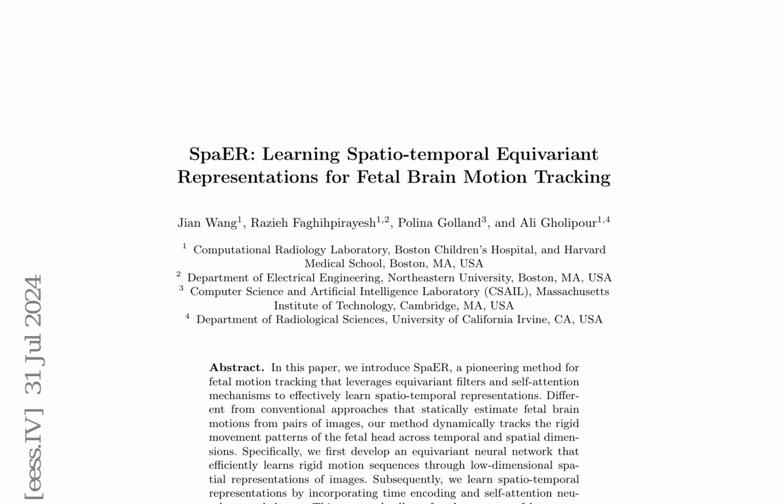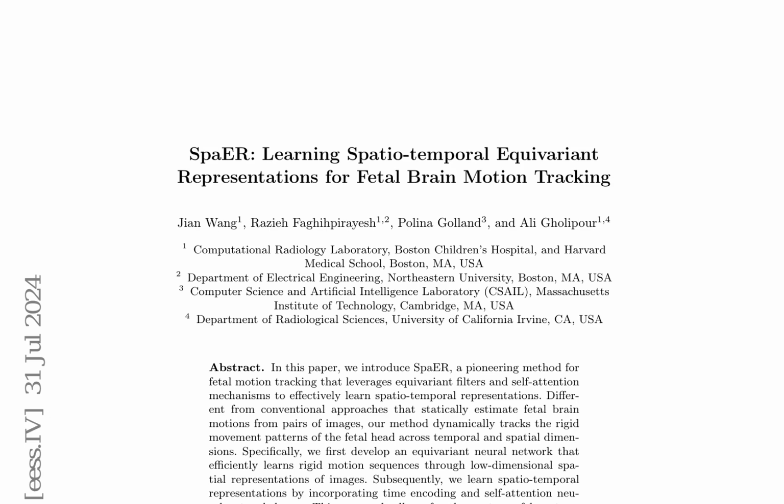SpaER, a pioneering method for fetal motion tracking, leverages equivariant filters and self-attention mechanisms to learn spatio-temporal representations. Conventional approaches statically estimate fetal brain motions from pairs of images, whereas SpaER dynamically tracks rigid movement patterns across temporal and spatial dimensions. The method first develops an equivariant neural network that efficiently learns rigid motion sequences through low-dimensional spatial